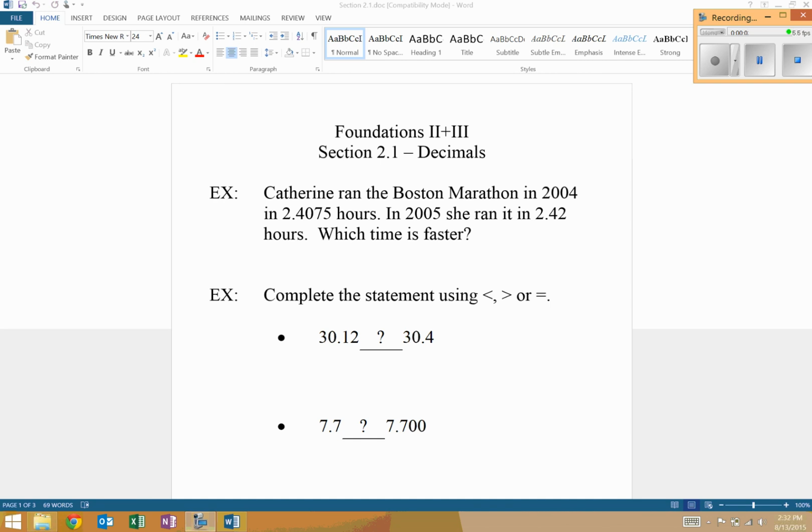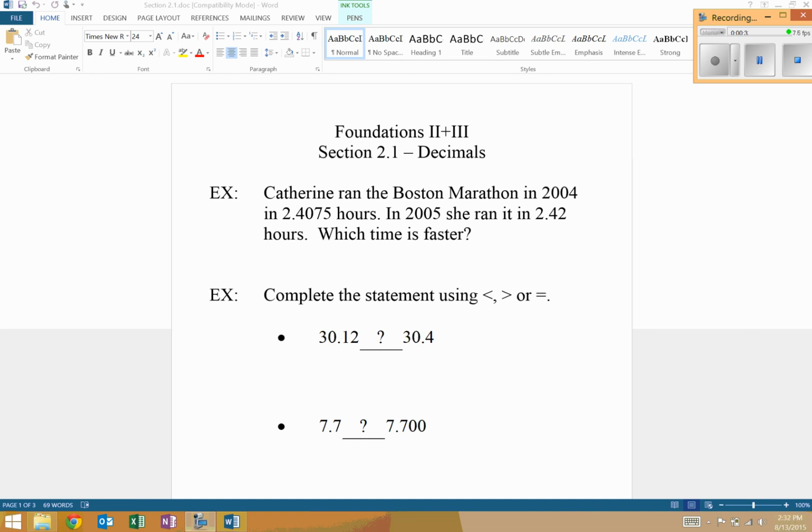All right, chapter 2 is all about decimals. So our first section is just in general being able to tell which decimal is bigger or smaller than the next. Really, how you do that is you go down the line until you find a difference in a number, and whichever number is bigger in that same place value will be the bigger decimal. So let's remind ourselves, for example,